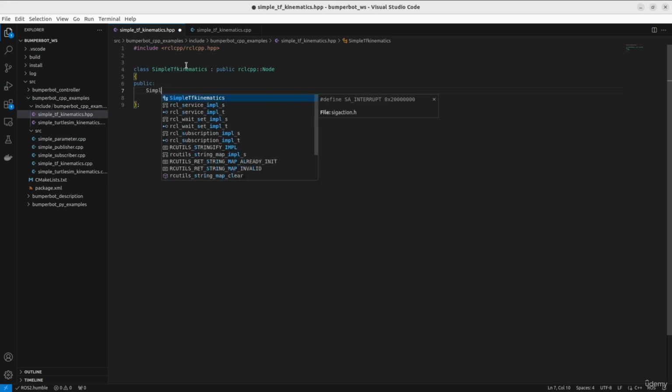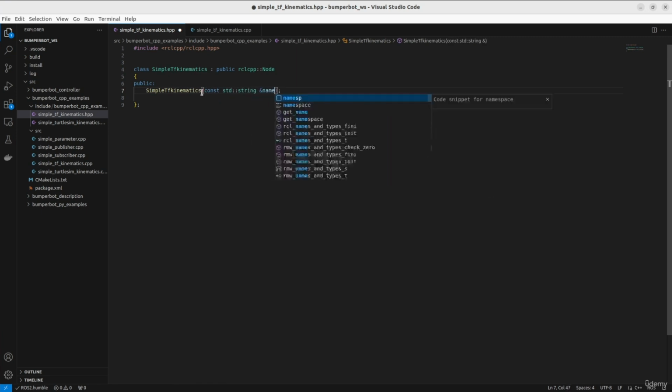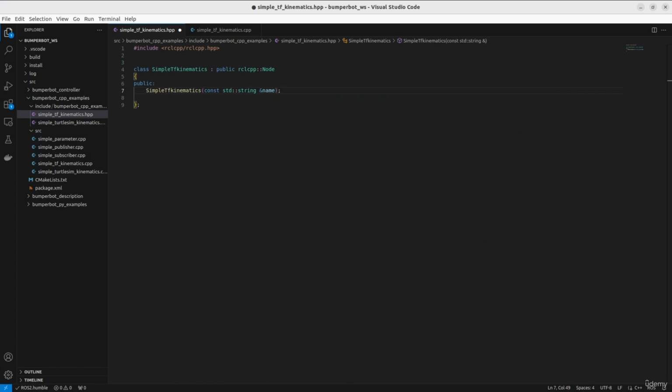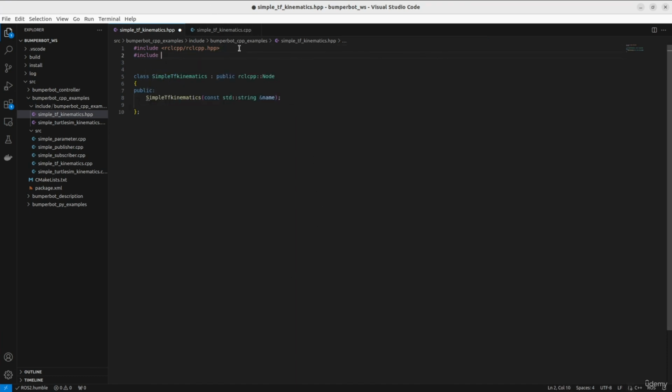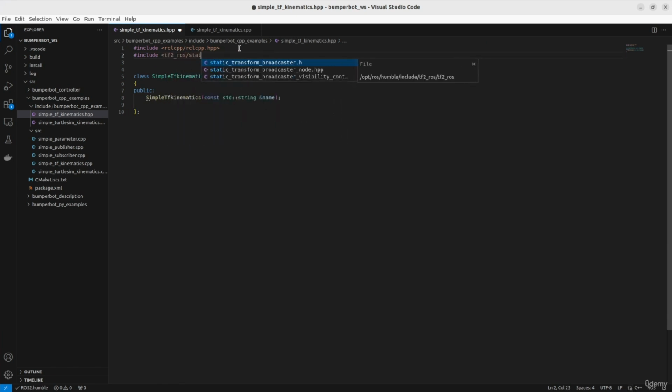let's start by declaring its constructor, so the function that has the same name as the class itself, and this will take as input a string, and let's call it name. Then, since we want to use this class to publish a new static transform, so a new transform between two fixed reference frames in which the relative position and orientation of the two frames do not change, let's import a new library, the TF2 ROS library, and from this one we want the static transform broadcaster,